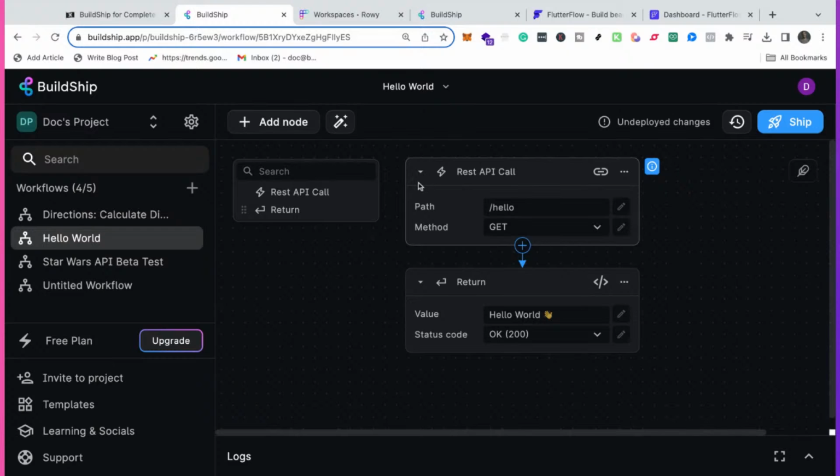Those are the REST API methods, the standards for how clients and servers communicate. Here, we want to test whether this project is actually working, so when you press ship,